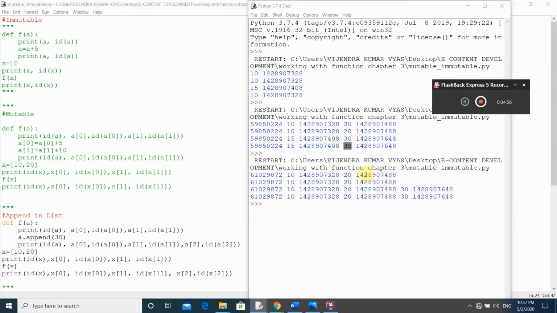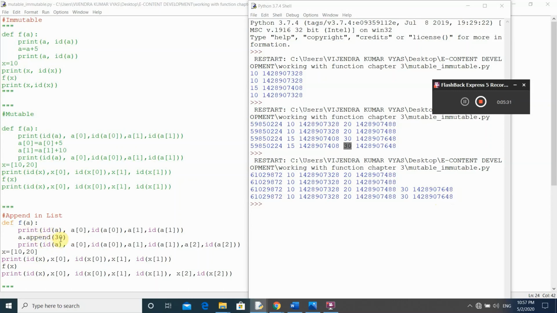Only one change is here, one value is added at x of 2 and at address 1428907648.